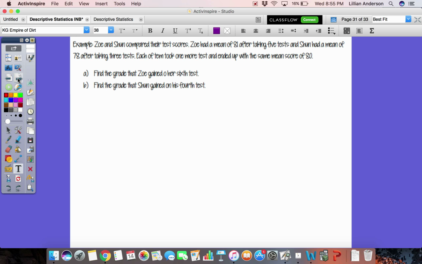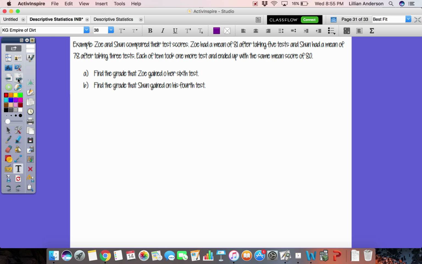And here's our last example, okay? The last example you guys are going to write down that's going to go on this particular page. It says Zoe and Sean compared their test scores. Zoe had a mean of 81 after taking 5 tests, and Sean had a mean of 78 after taking 3 tests. Okay, so Zoe took 5, Sean took 3, and they had their respective averages. And it said each of them took 1 more test and ended up with the same